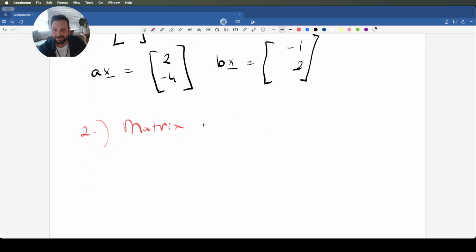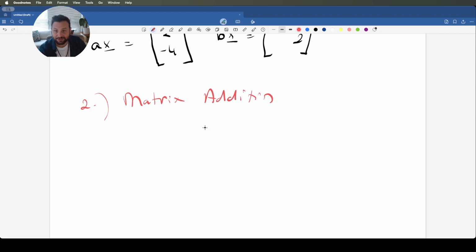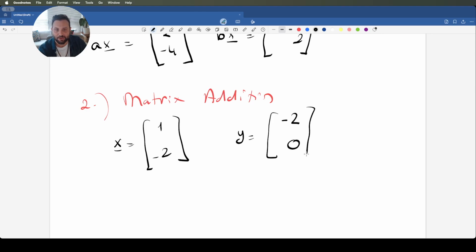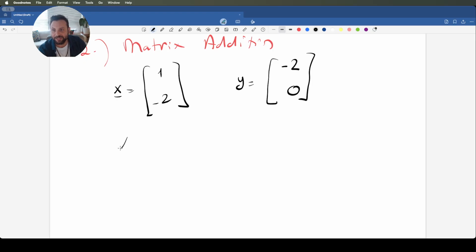Matrix addition. So that's not so difficult also. Like right now I'm going to define two of them. I have x, let's call this 1, -2, and y to be -2 and 0. So if I were to make x plus y,